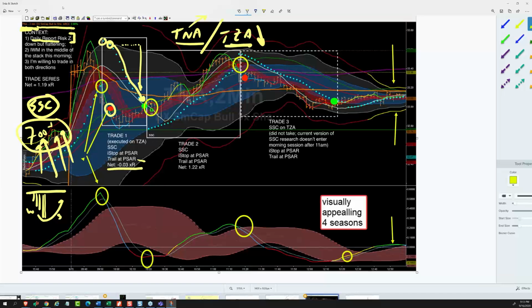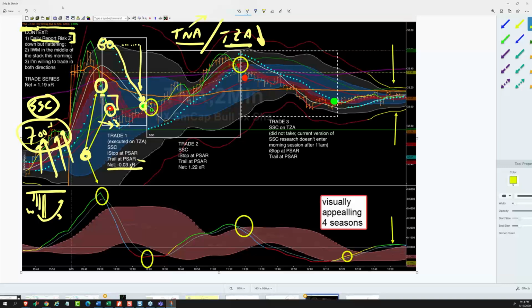Now, what I circled on here in yellow was this notation here, that the PSAR flip occurs here. And so I think the correct entry should be here and not here. So that difference makes it a minus 0.03 instead of a fractional win. But I really want to see what their rule sets are to verify the code, because that looks like it's about 3 bars late. So I got to see what they're doing with the entry on that.